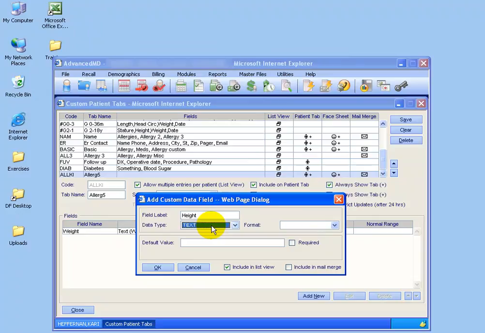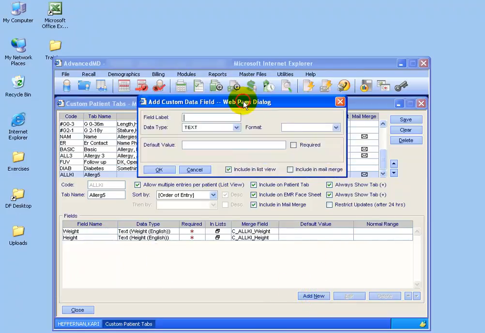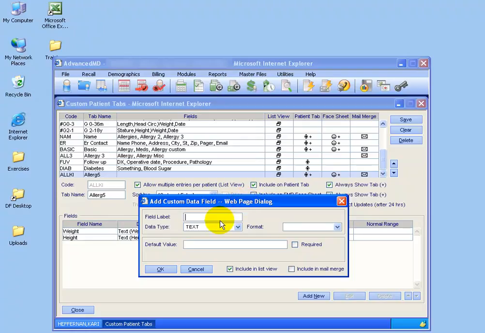Use the same data type text and then obviously choose height, and then make it required and include in the mail merge and click OK. Now after I've got both my weight and my height, then I can go ahead and create my BMI or the calculation by clicking on the Add New button, and then type in BMI,